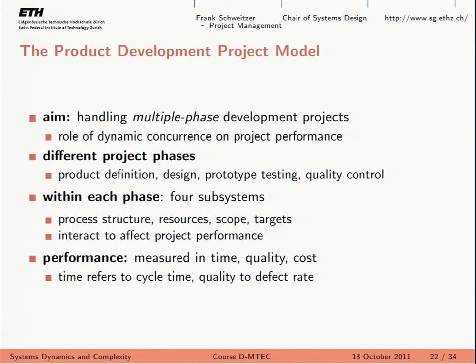And this is this idea of cross-function or concurrent development, where you basically try to study the network of your phases. The different phases in your project are not sequential, but they're kind of assembled in a network. So some of them can be done in concurrency, in a concurrent way, in parallel. So imagine, yes, we have the product definition, the design, and the product testing and quality control phases, for instance.